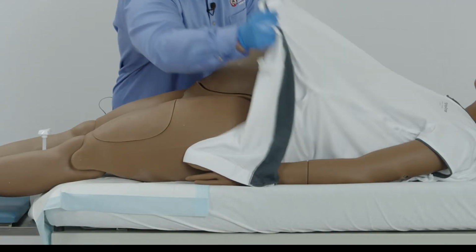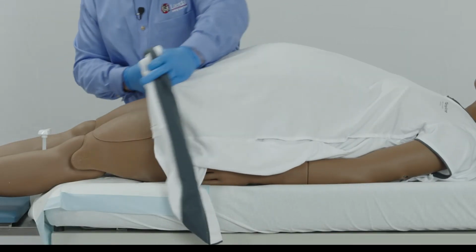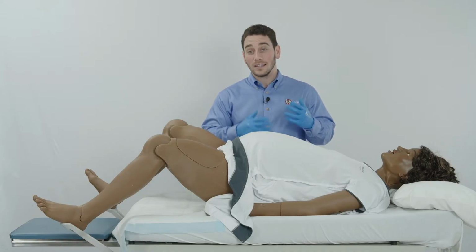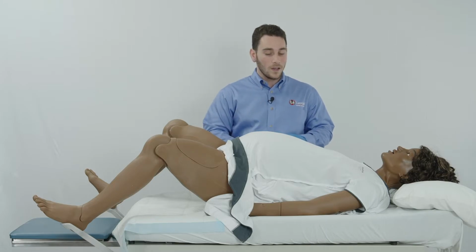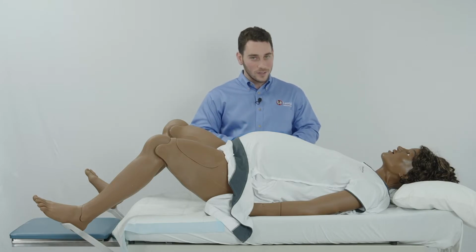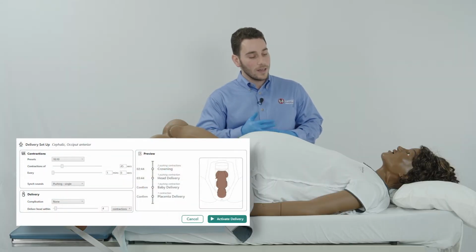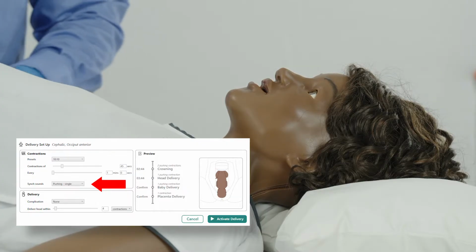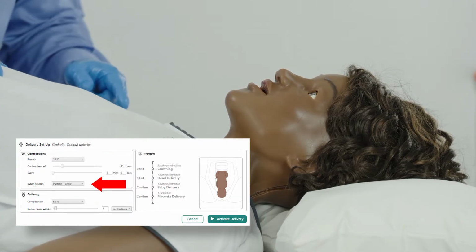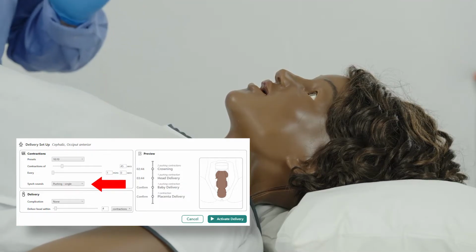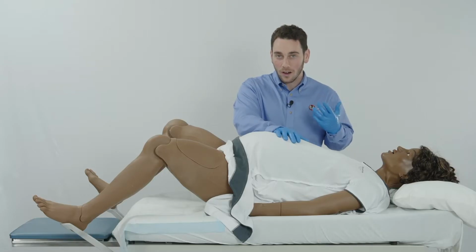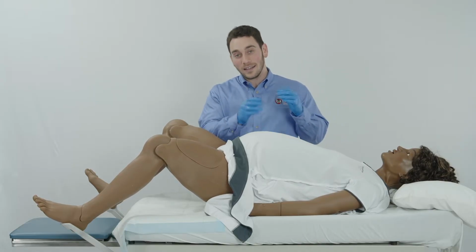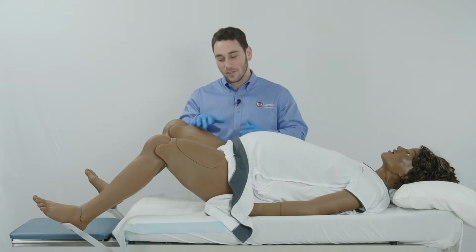All right, so now that we've loaded the baby, we can go ahead and start the birthing process for Mama Ann. And while that's going on, I can talk a little bit about the LEAP software and the instructor interface. So we've made quite a few iterations to LEAP. So now we've actually made it possible to synchronize the sounds right on cue. So as Mama Ann is going through that contraction and you can hear that audible sound, I can actually feel the contraction at the top of the belly, and that is also synchronized with the movement of the baby as well.